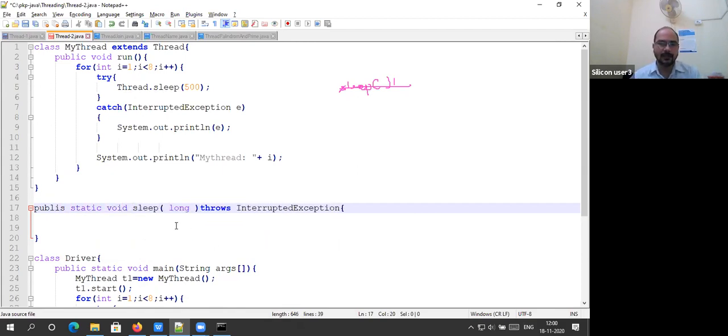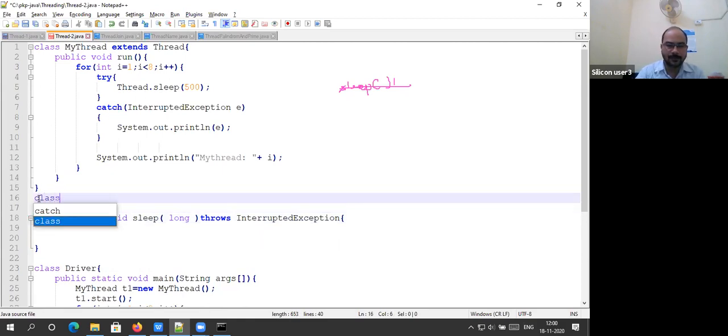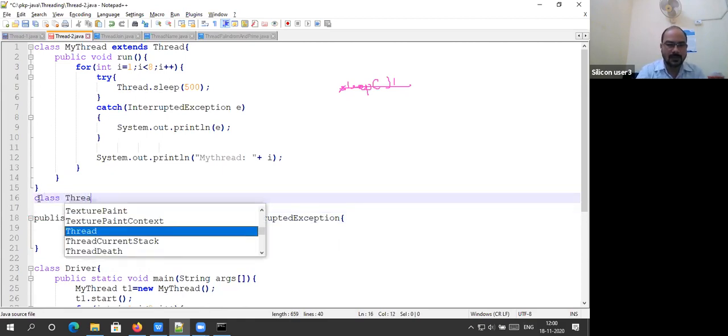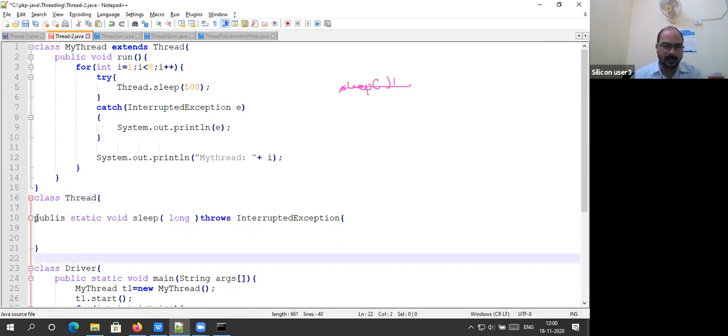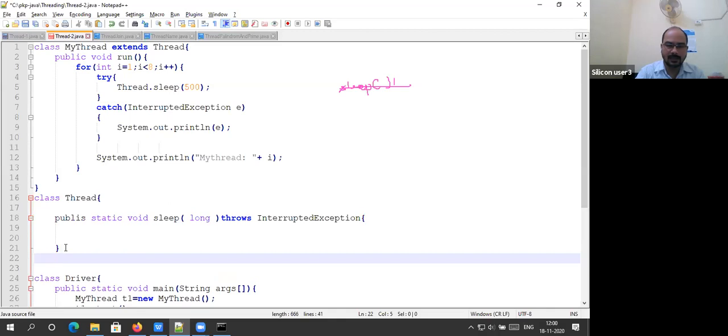This is the sleep method as written in the Thread class. Inside class Thread, sleep is a method that is defined something like this.